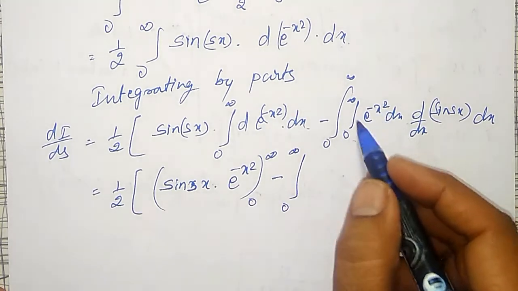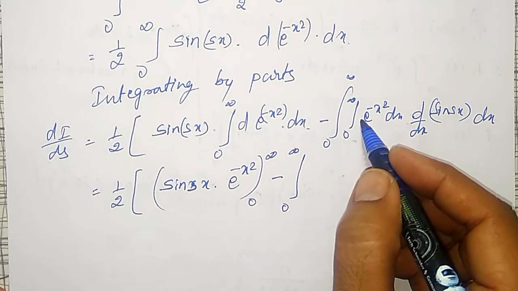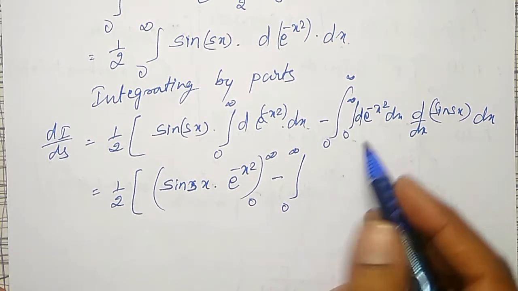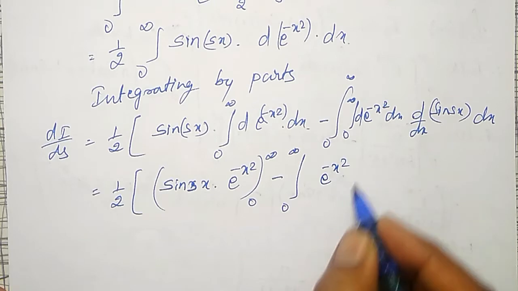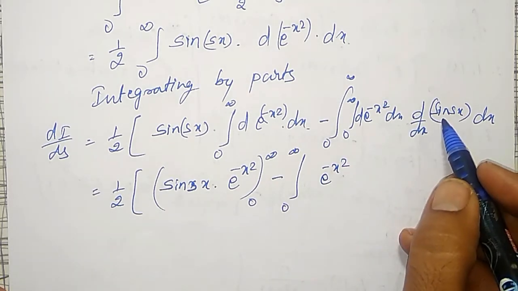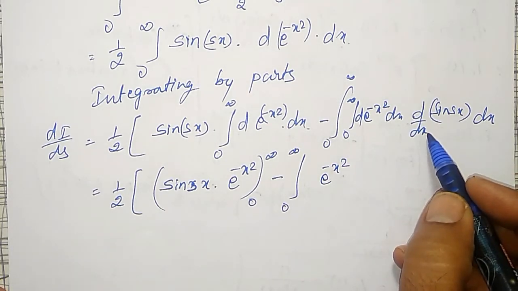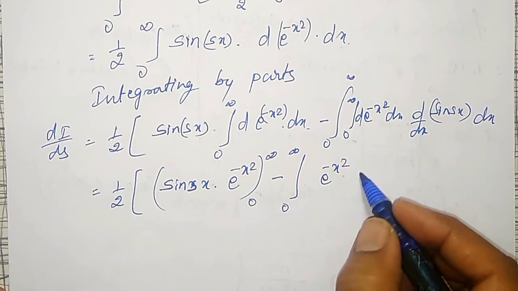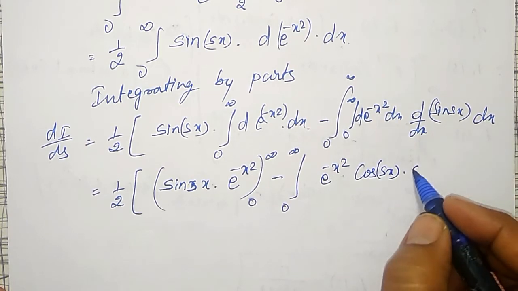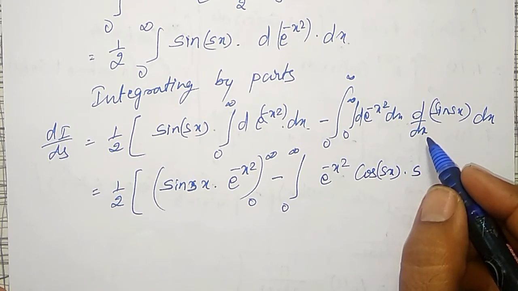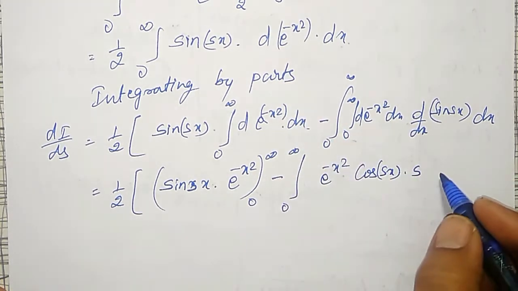Okay, sorry, here I could have written the differentiation of this one, and then the differentiation of the integration will become again e raised to minus x square, and the differentiation of sin sx with respect to x is nothing but cos sx into s will come. I am differentiating with respect to x now. Okay, I am integrating by parts, therefore